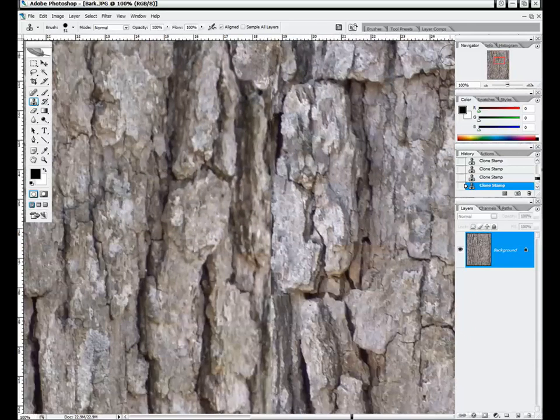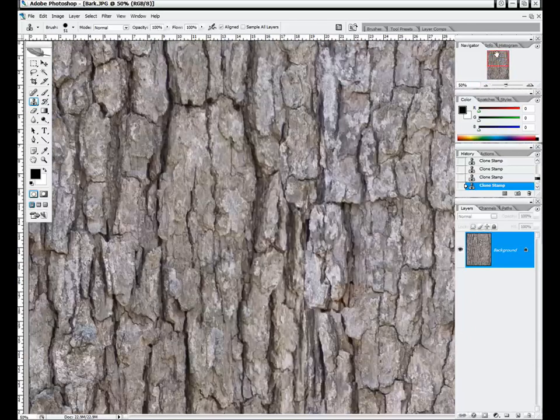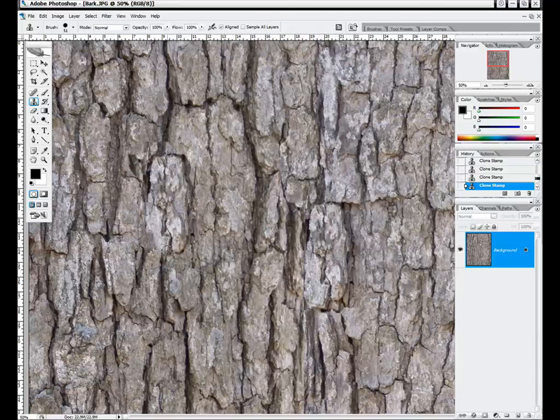We can still see that seam in there, but I'm going to show you the difference between aligned and aligned off. And basically what it is with aligned on, we can sample any area. I'll grab this lighter piece of bark right here and go in and just start sort of drawing that area in over here. Now if I let go of the mouse and then come up top here a little bit above where we were just sampling and click, you can see that it's not the same thing we're sampling, and